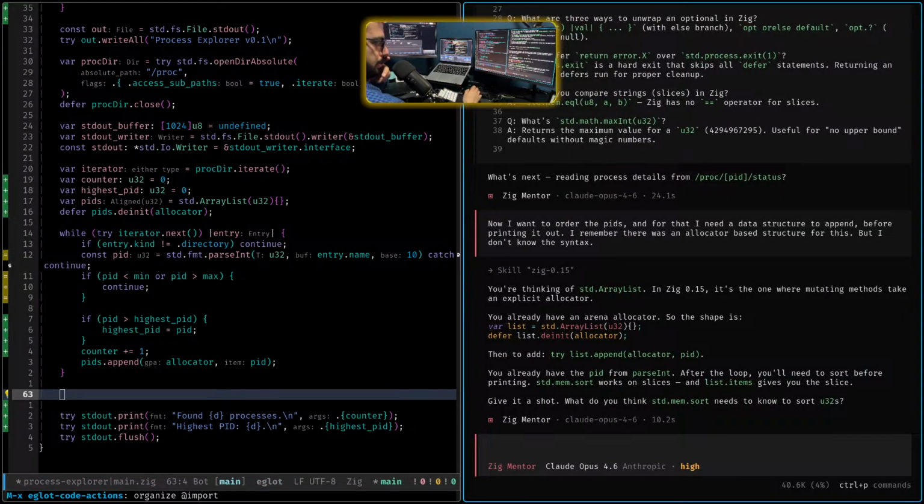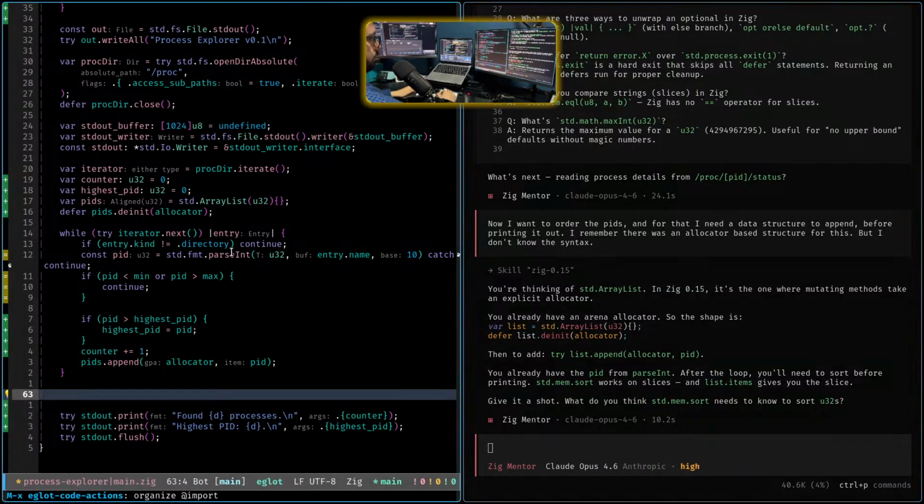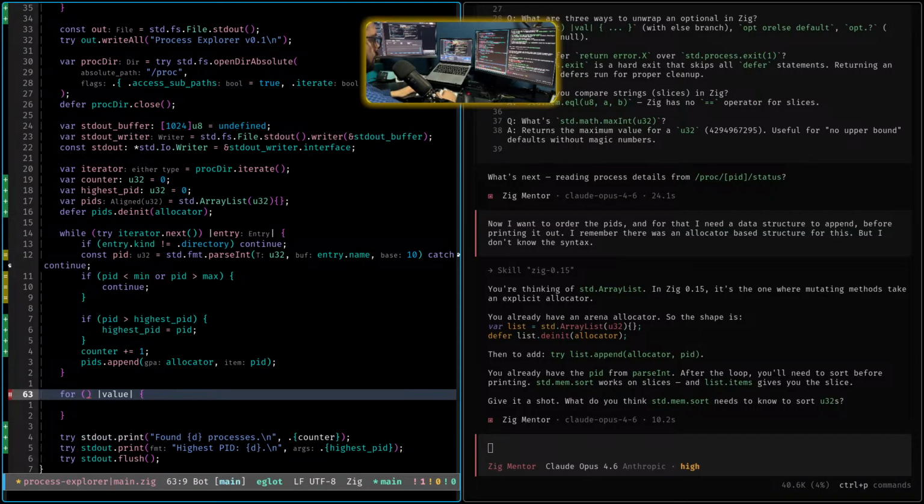Okay, you already have the PID from parsing after good. You'll need to sort before printing. It works on slices, and list items gives you the slice. Give that a shot. Okay, then it would be while, could I use a for? Probably. For